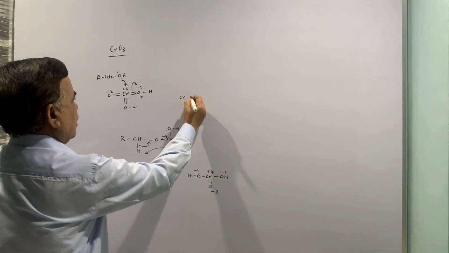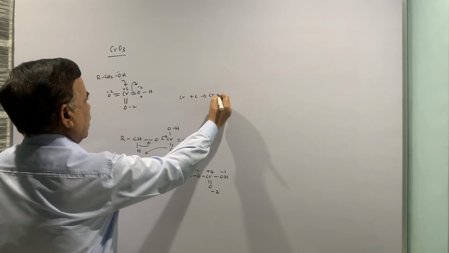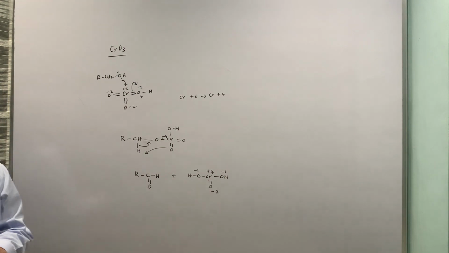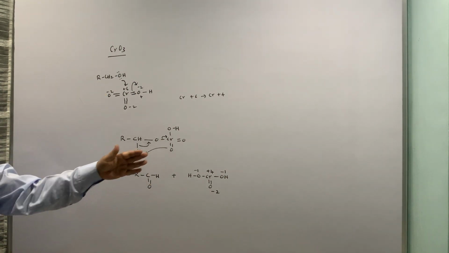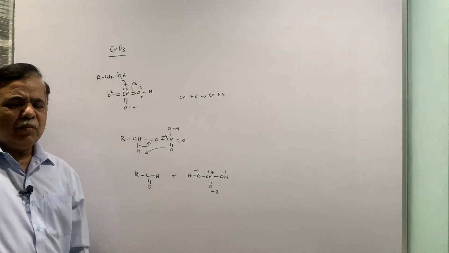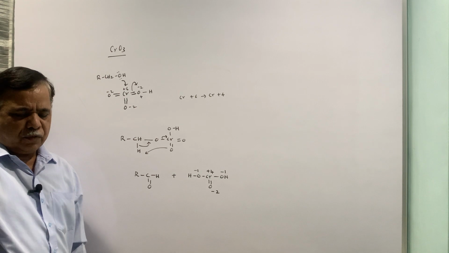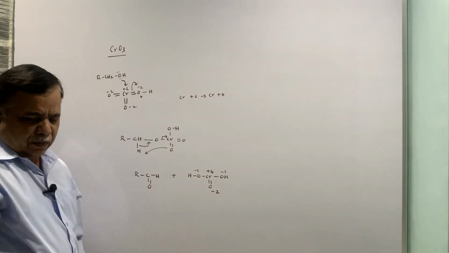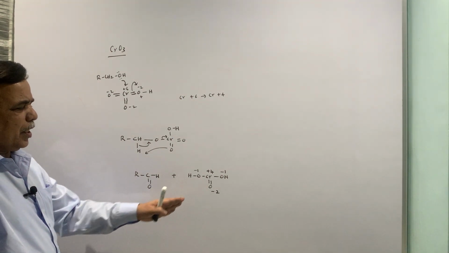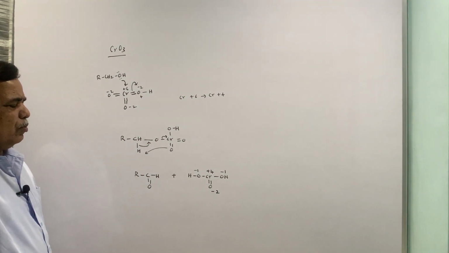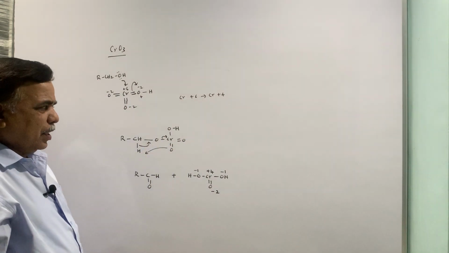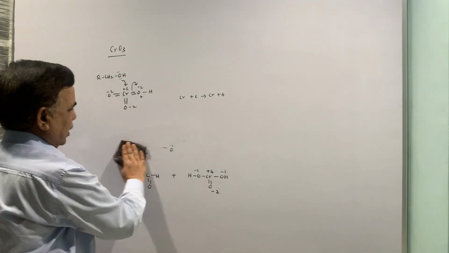Now if you look at this -1, -1, -2, this is +4. So chromium +6 is becoming chromium +4. So this is gaining 2 electrons. That means chromium is undergoing reduction and your alcohol is undergoing oxidation. So this is possible in acidic medium. So chromium trioxide along with H2SO4 is a source of this oxidation, and chromium trioxide is becoming chromic acid, H2CrO3, and the oxidation state of chromium changes from +6 to +4. That is how it is gaining 2 electrons and undergoing reduction.